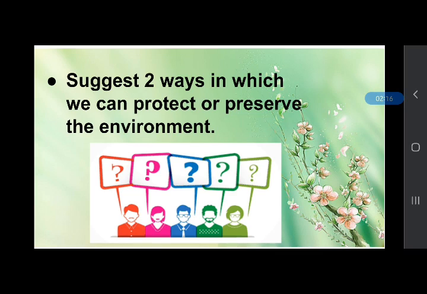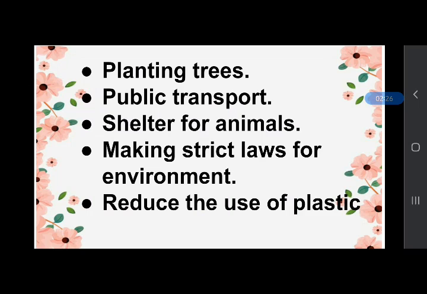Next question. Suggest 2 ways in which we can protect or preserve the environment. You can answer to your partner. So, we can protect the environment by planting more trees, using fewer vehicles or using public transport and CNG vehicles, and using vehicles only when it is necessary or by sharing vehicles.